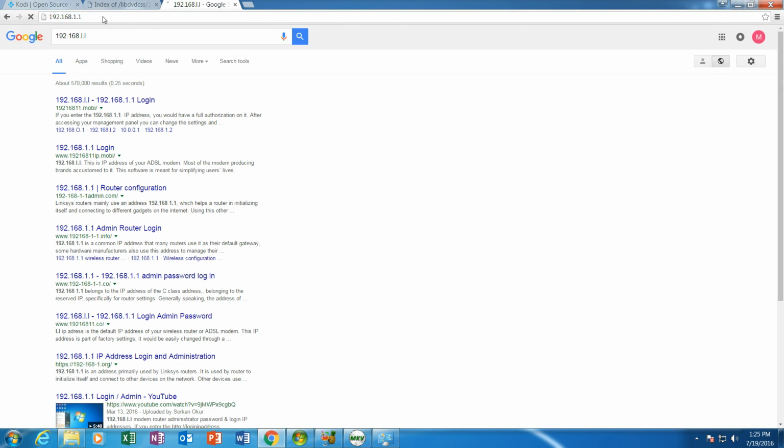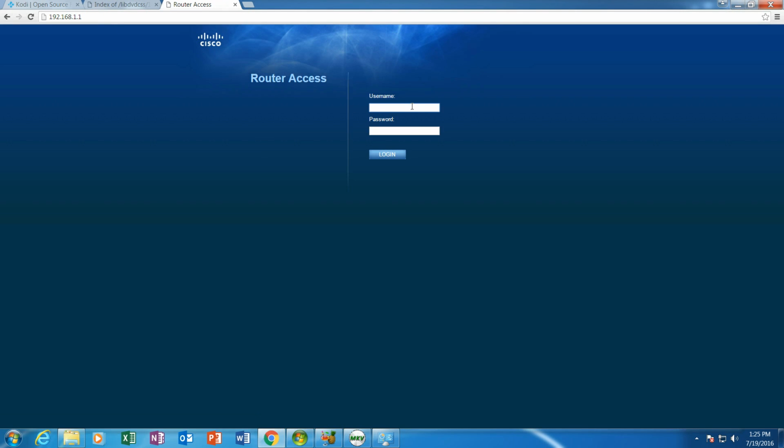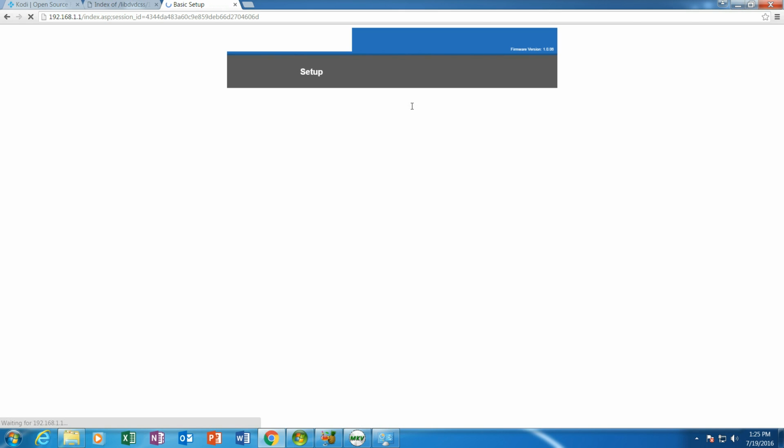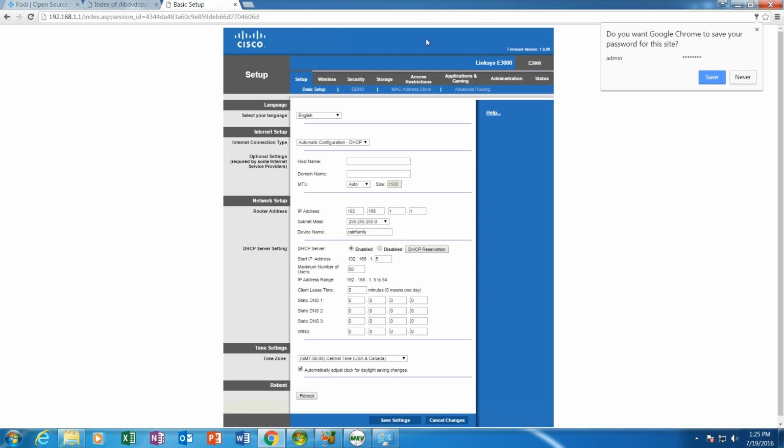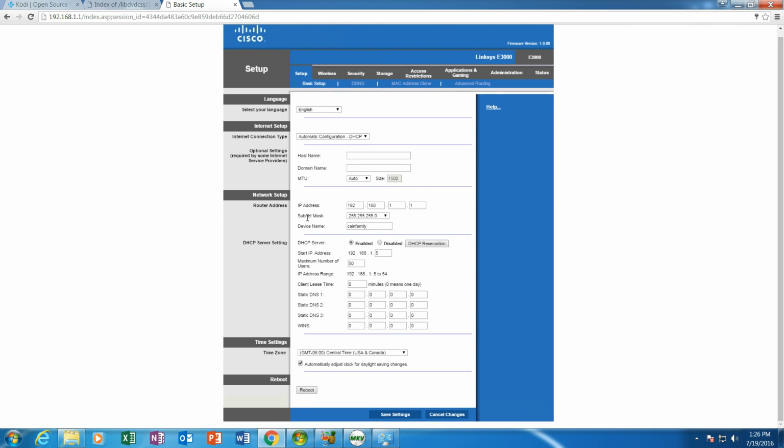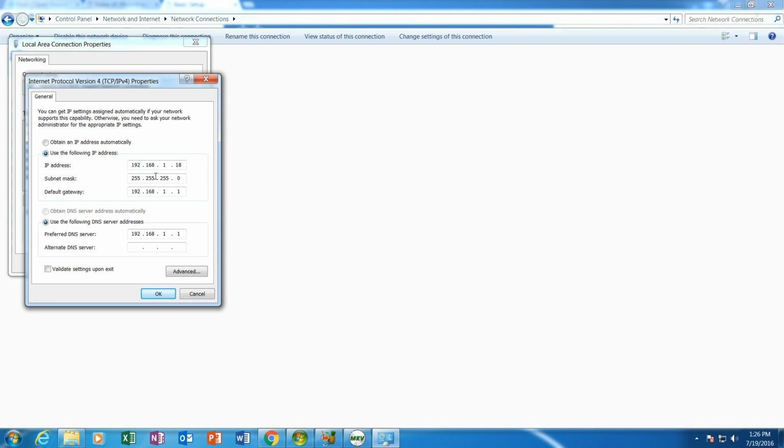192.168.1.1. Okay, and then yours may be different, but this basically takes you to your router configuration page, and a couple of things to check out here. As you can see, your first thing is your subnet mask, and that's going to map back to this subnet mask right here. The default gateway will be the default IP address assigned to the router, and that's the one